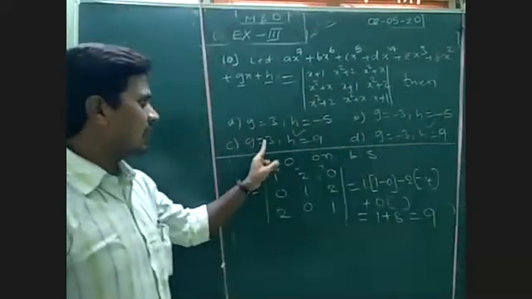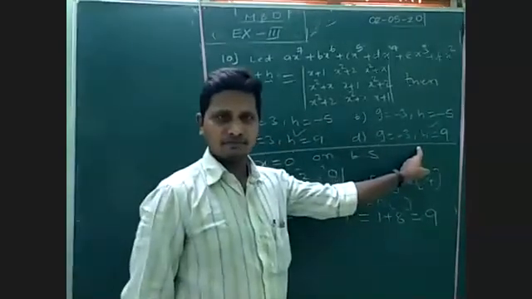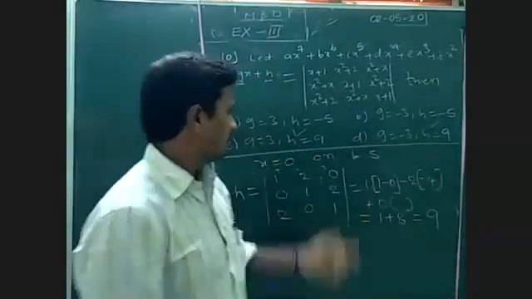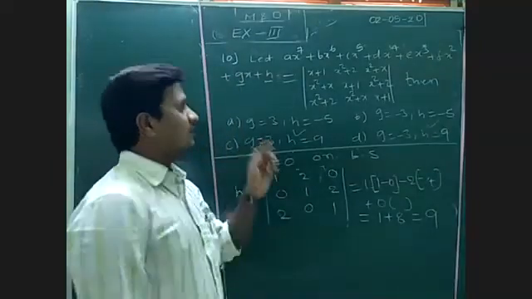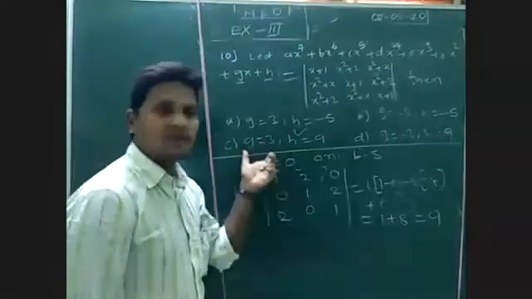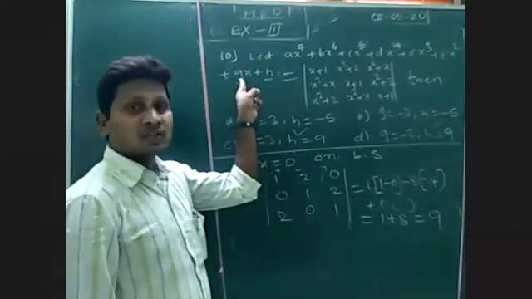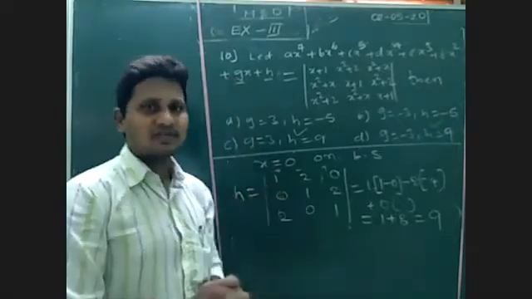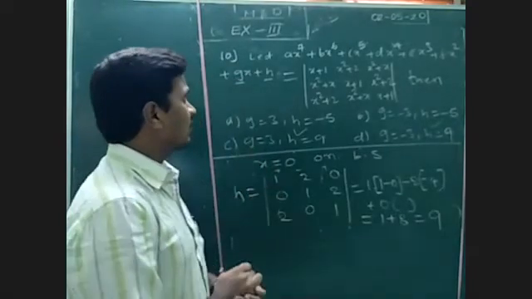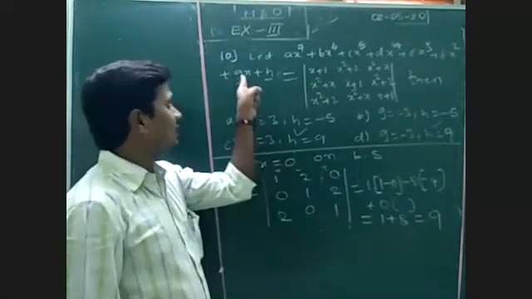What is the g value? Whether plus 3 or minus? That we need to find. The h value is clearly 9. We need to find the g value. For that, what can we do here? Here g is the coefficient of x, g into x. It is not a constant, so it is not easy to find the g value.